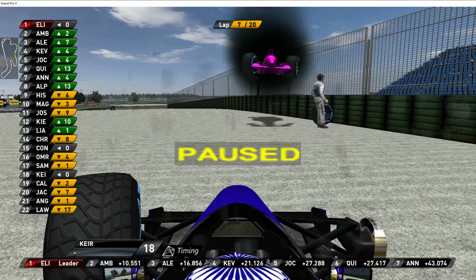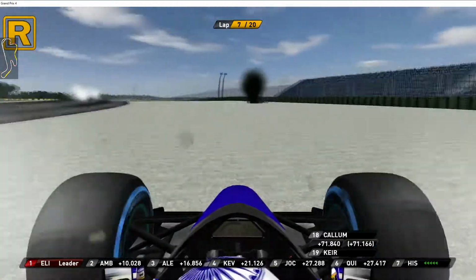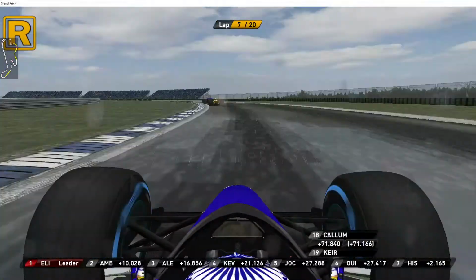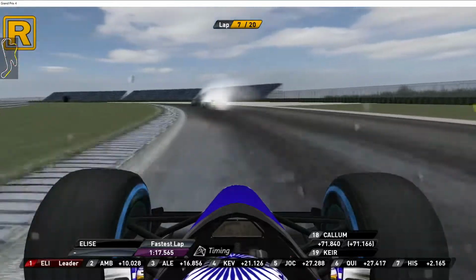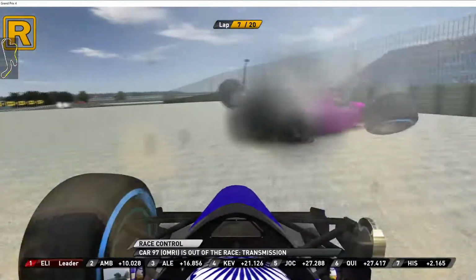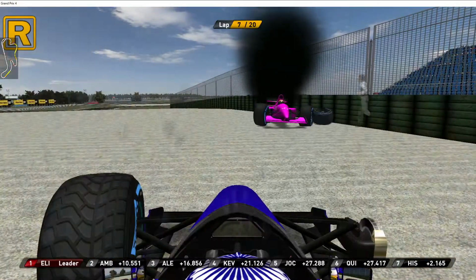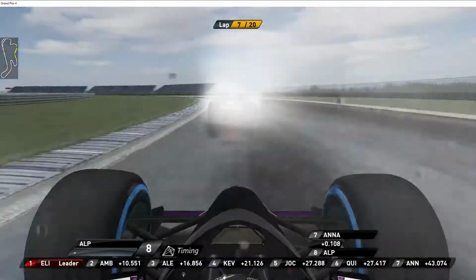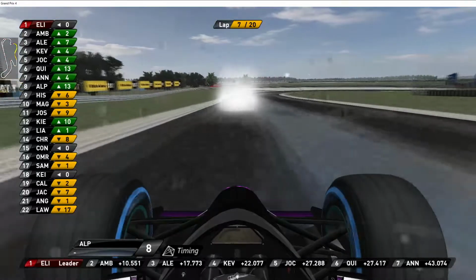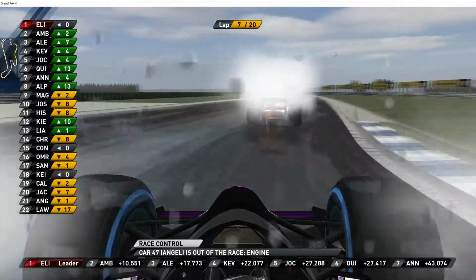Keir crashed, I think, into Angel. You're right. Don't like to see that. No, I think they felt they got too close to the apex, tried to steer out of it and just lost it. Yeah, they really should have moved Angel's car out earlier. I think she was determined to try and keep going. I think she overheated the engine trying to...